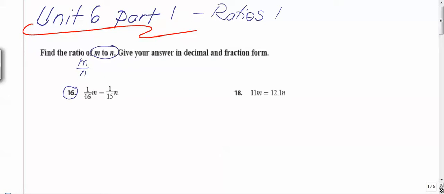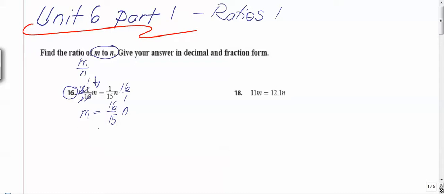Okay? First step, I'm trying to isolate my m on the left side here. And because its coefficient is 1 over 16, I will multiply by its reciprocal. Okay? And you multiply by its reciprocal both sides. So each side of your equation here gets multiplied by 16 over 1. Well, on the left side, 16 and 16, 1 and 1 cancel out. You're left only with 1m equals 1 over 15 times 16 over 1 will be 16 over 15 times n,